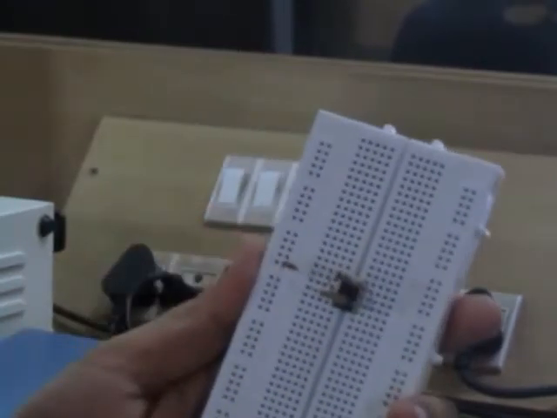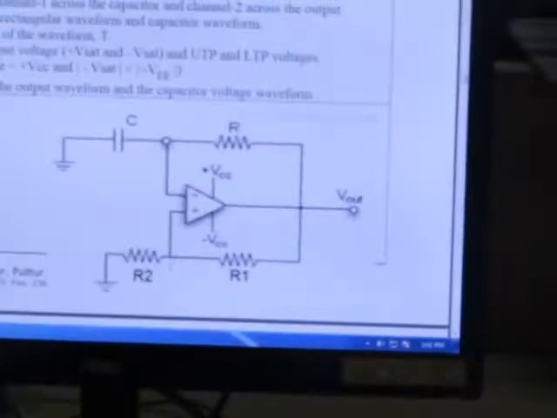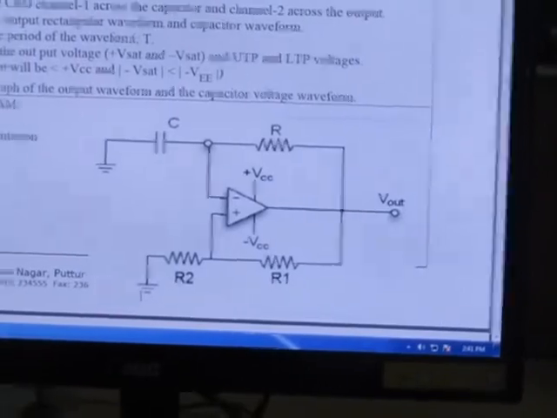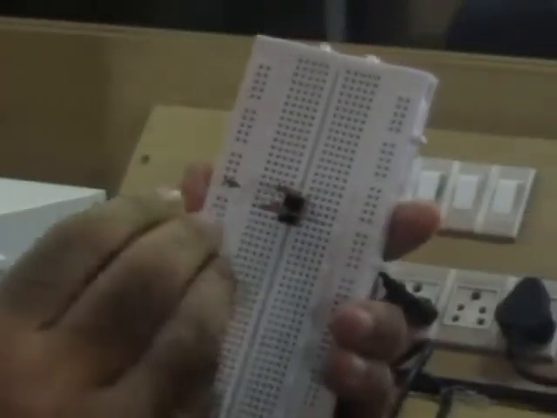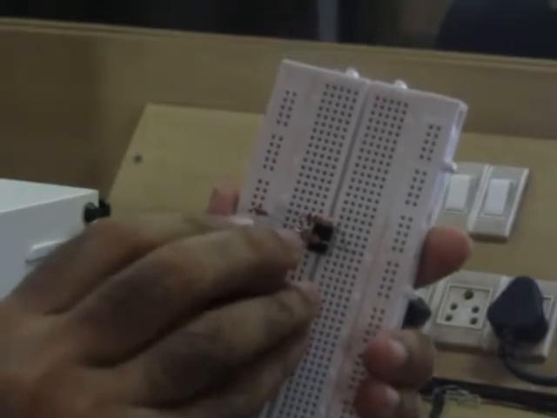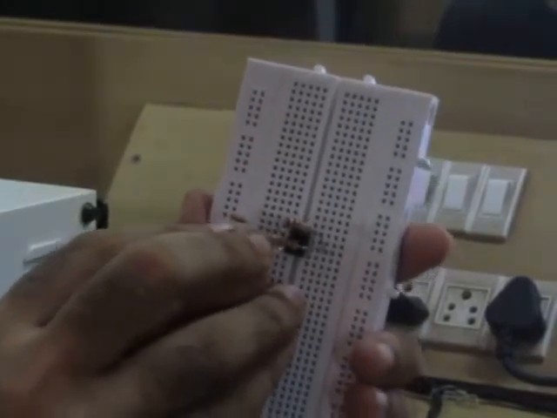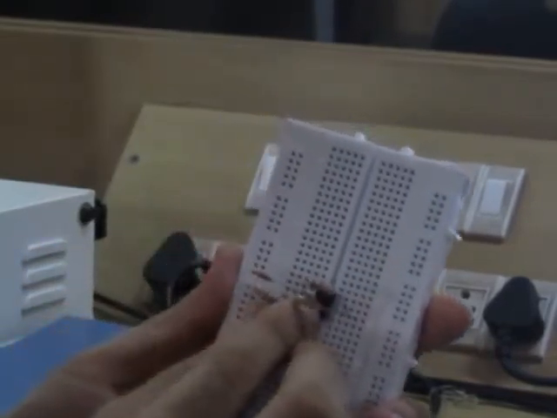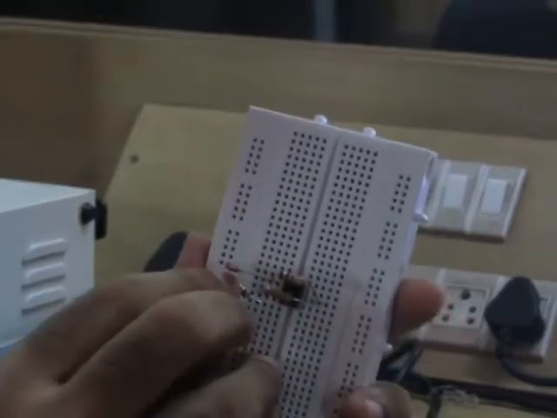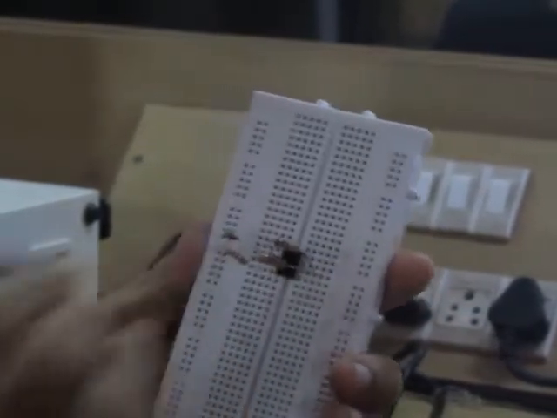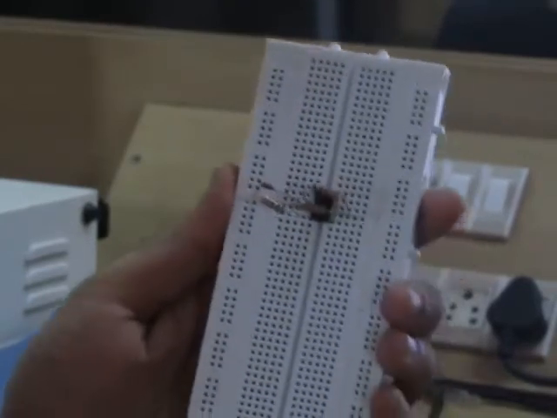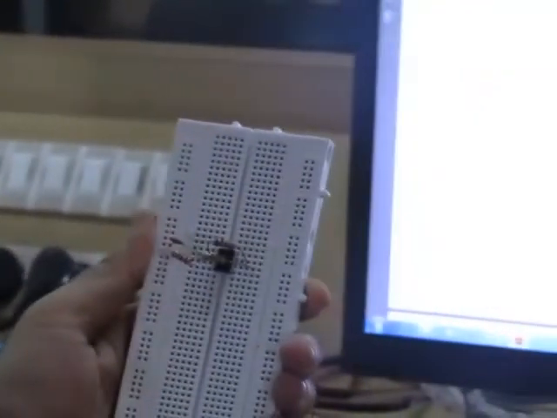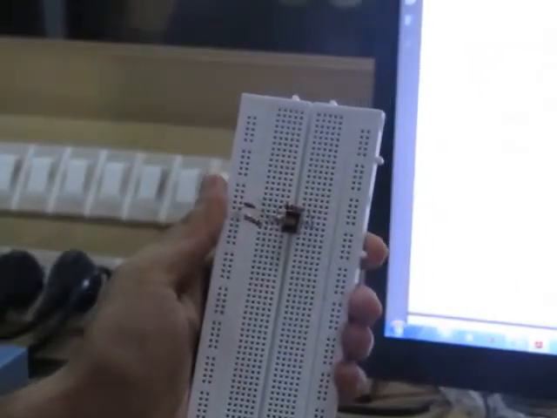Fine. So similarly, again from pin number 3, we are connecting one more resistor, and another leg of that resistor is connected to ground. Means here from pin number 3 we will connect one leg and another will be connected to ground. You must be careful while placing the resistors. Like this we can place the resistor. So this is the overall circuit that we can see.